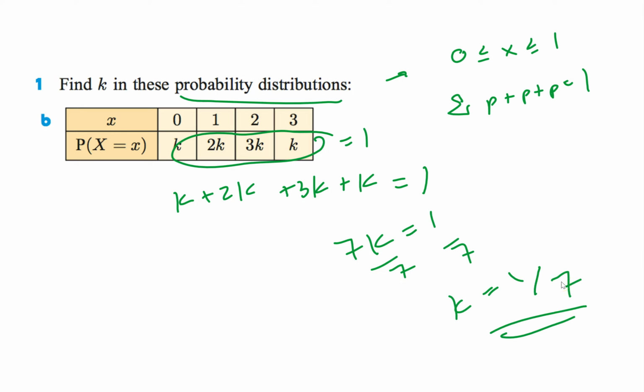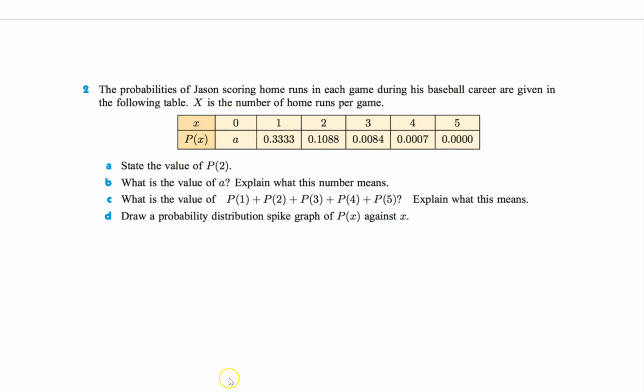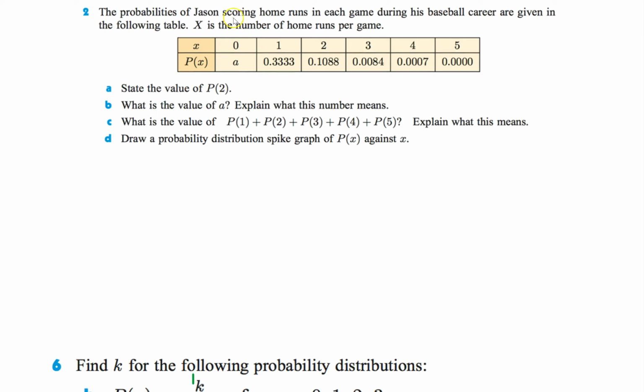And that's the idea. Remember, anytime you have a probability distribution, all of it should equal 1. Every single time you have a probability distribution, all that should equal 1. Okay, next example. The probabilities of Jason scoring home runs in each game during his baseball career are given in